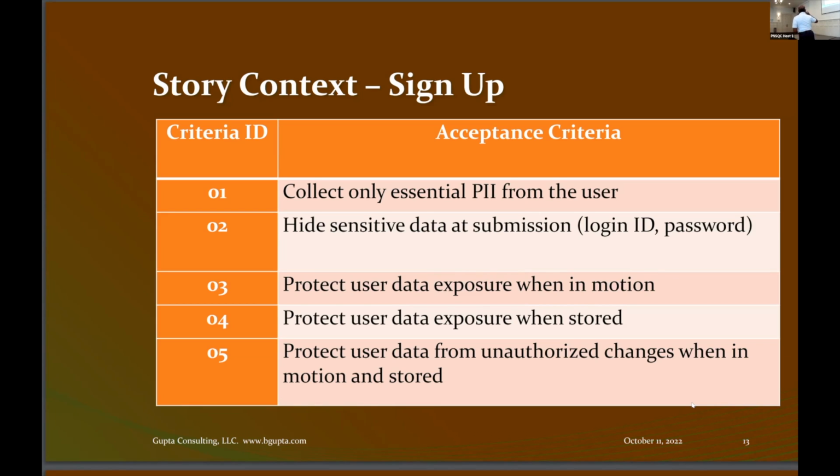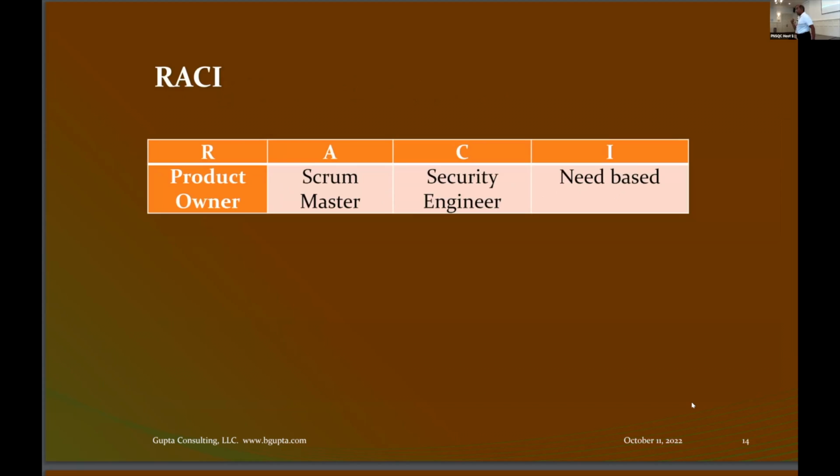Okay, so this is the stage where you will develop acceptance criteria for a story. Now, who should do the work here? The person who is responsible for acceptance criteria is the product owner. The person who owns the product represents the customer. Right? They should be putting the acceptance criteria together.